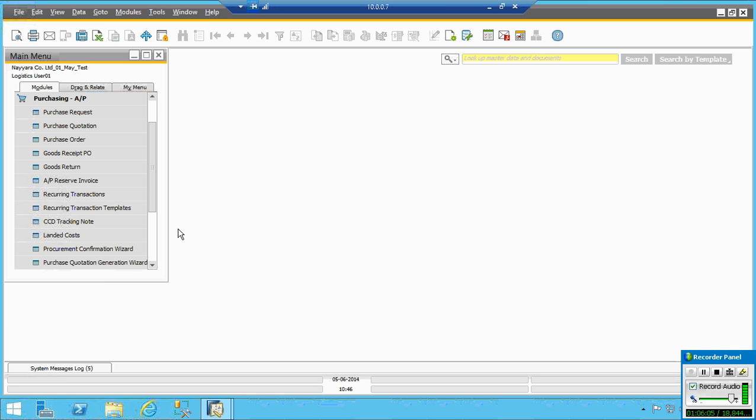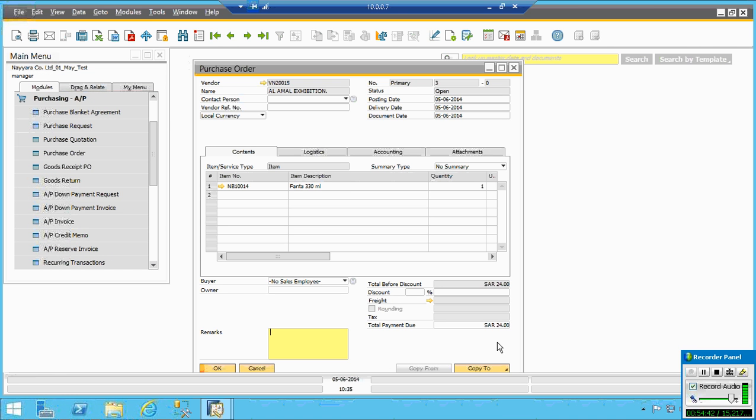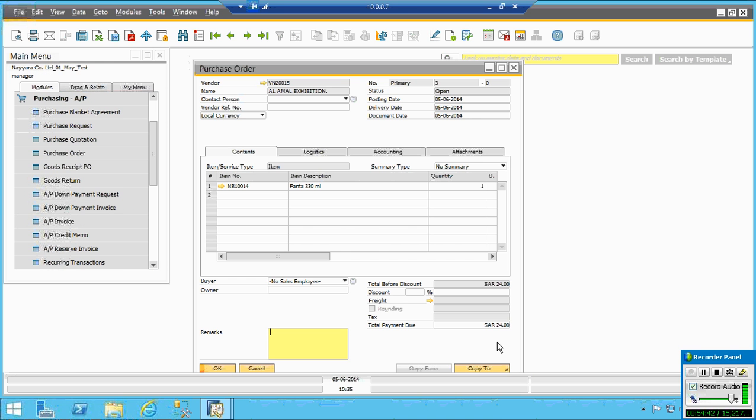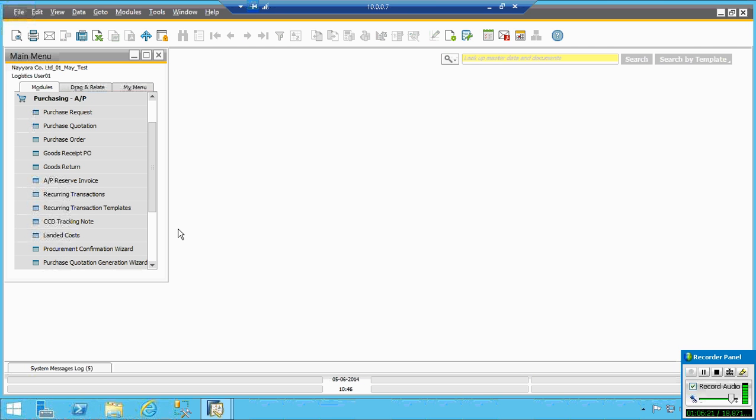I am generating it from one location, sending it to the second location. Once the second location is approved, it will send back to the person who requested, saying that this is approved. Then we have to add it to the system, then the IT department will go for the file.